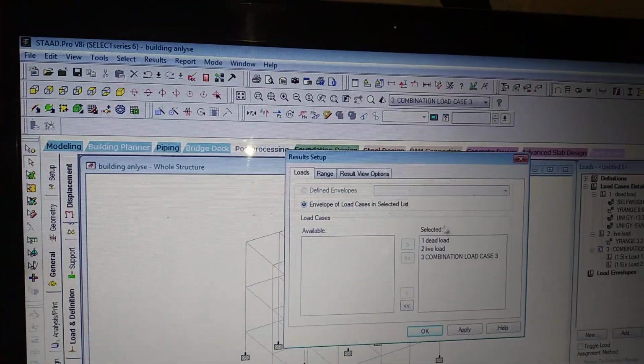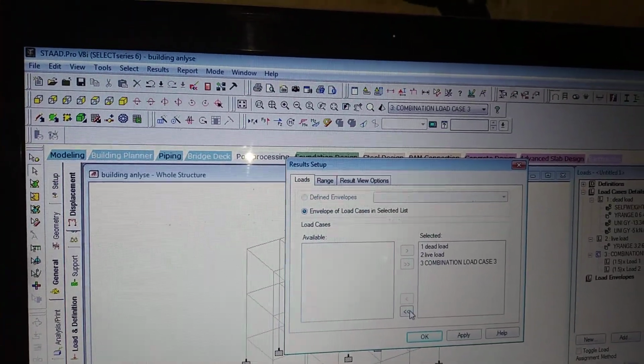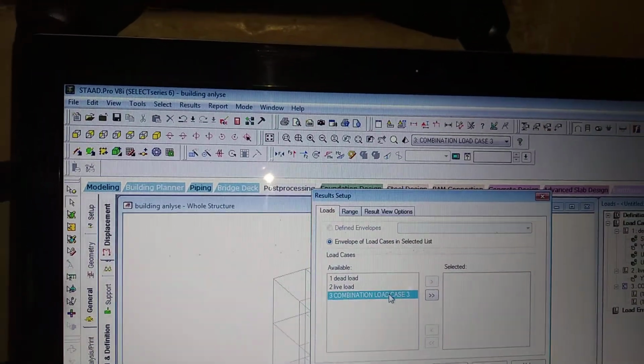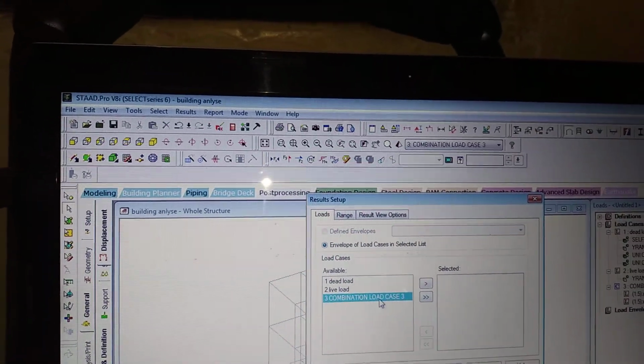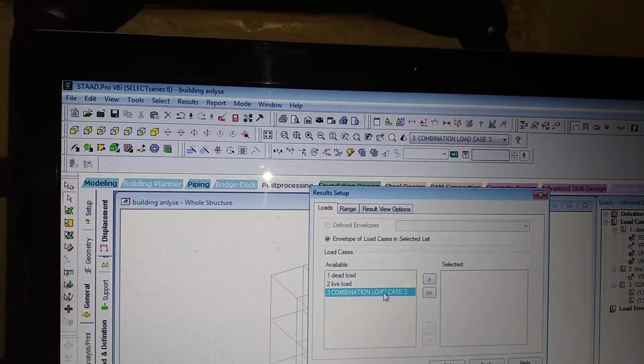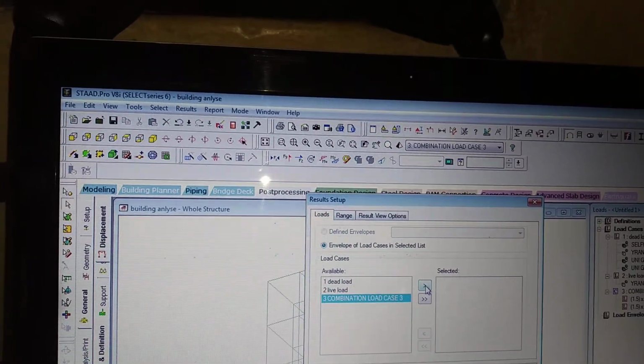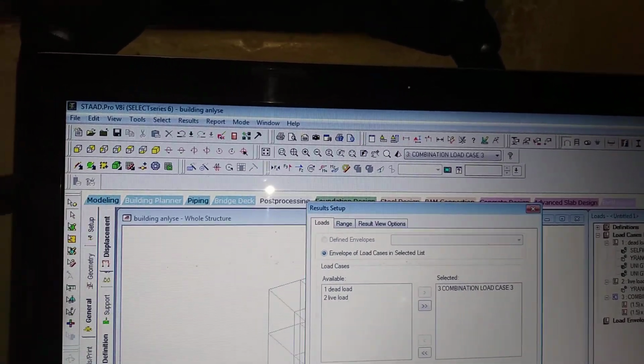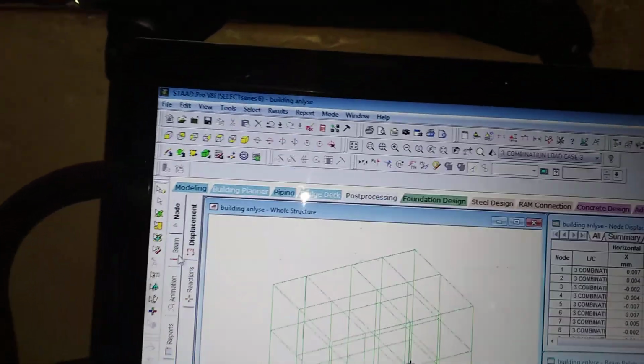I will bring these three terms to the left side using this. I want the load combination, bending moment and shear force. So I will click it with the cursor and select one single arrow. It comes to the right side. Apply. Okay. See here.